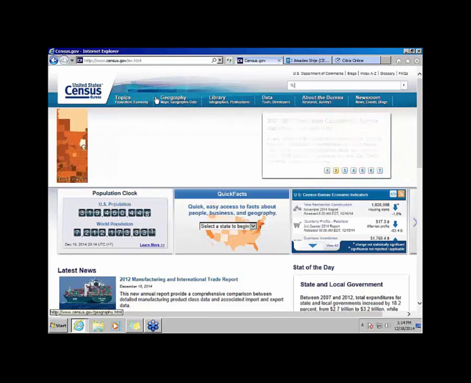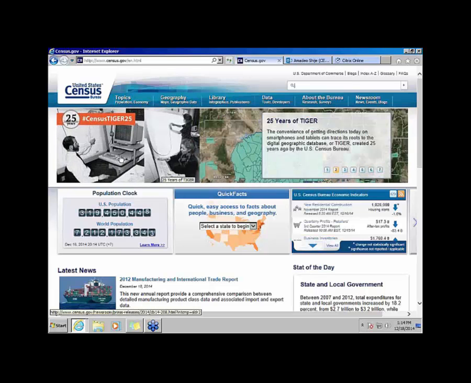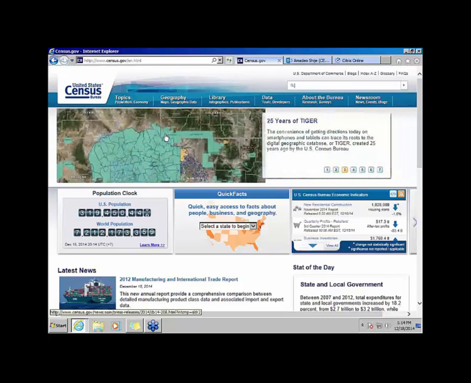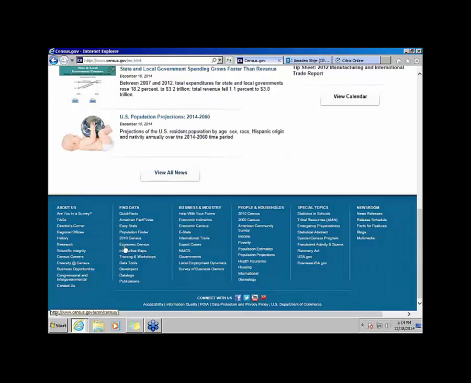It says topics, geography, library, so on and so forth. And then these are some of the informational tabs. If you ever have any questions about anything, what the census does, that's a good place to go. And over here on the bottom of the page also is information. If you want to contact your nearest regional office, just click on Contact Us over here on the bottom left-hand side of the corner, and it'll give you a map,